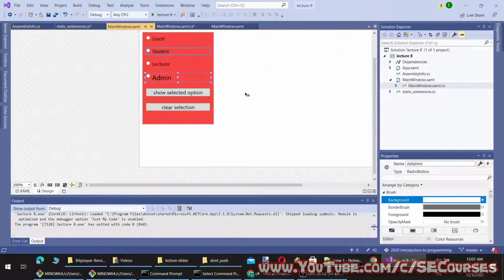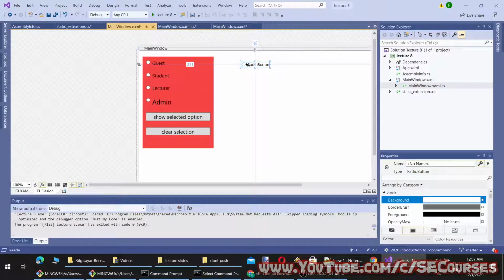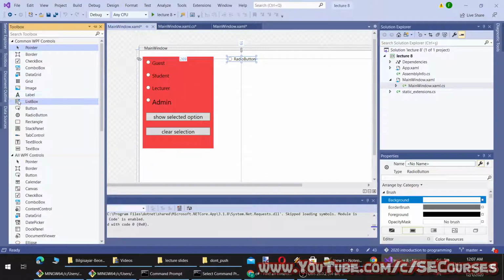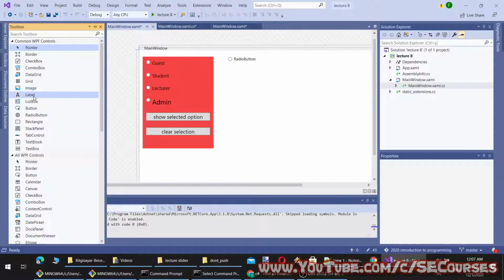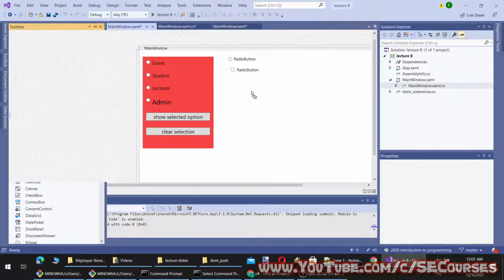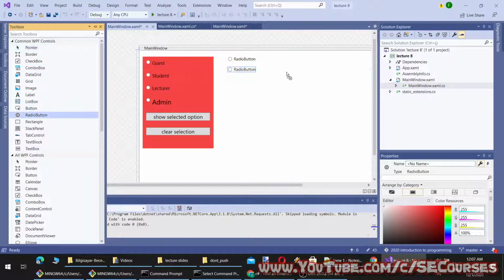And by the way, to do that, let's compose another radio button list. This time I will put them like this without using a stack panel, and you will see the difference. You see now they are not getting automatically positioned.